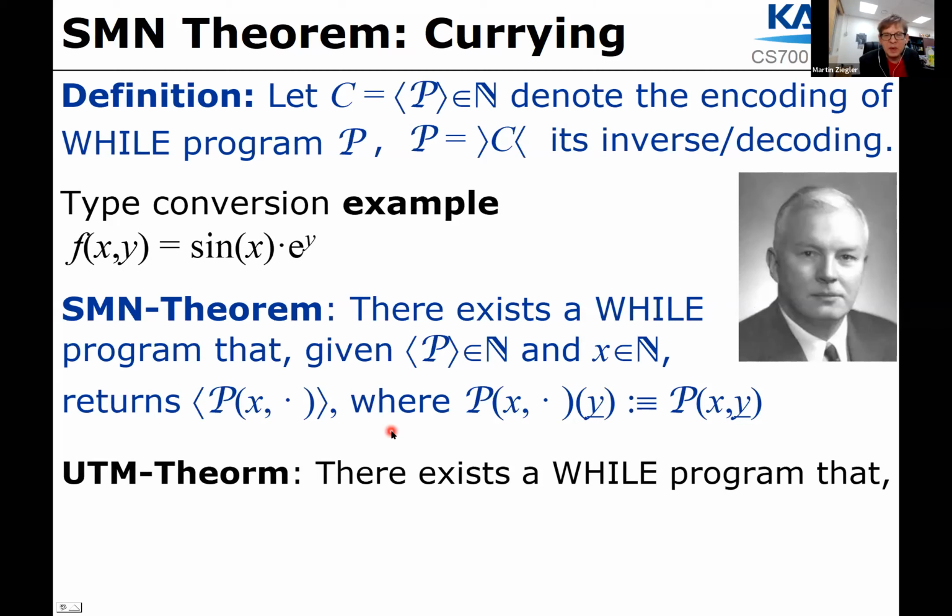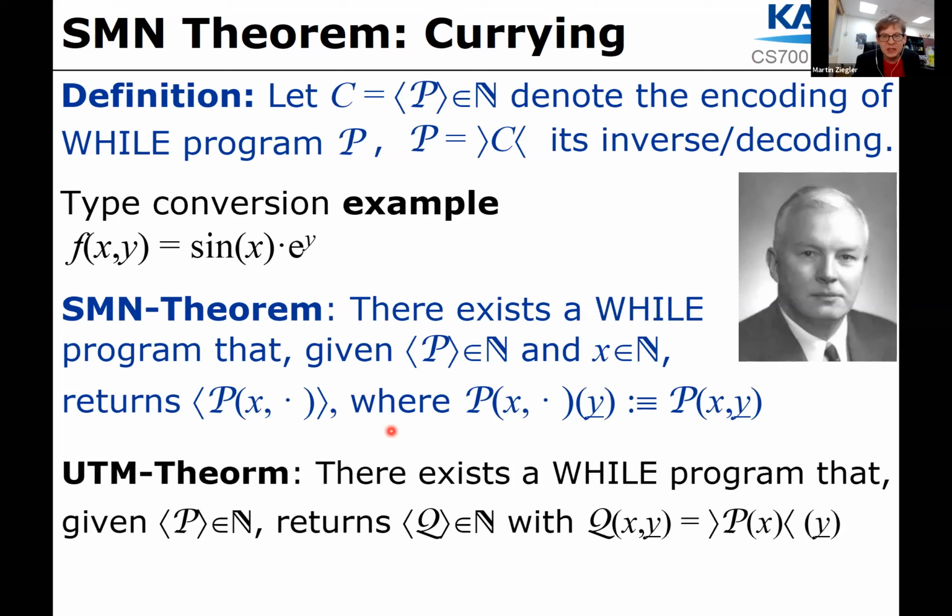Another theorem about operating on programs and their codes is the universal Turing machine theorem: that a while program can simulate any other while program given by its code. There exists a while program that, given the code of another while program, executes this while program. Or put differently, here's another version, namely a counterpart actually to the SMN theorem, where we're